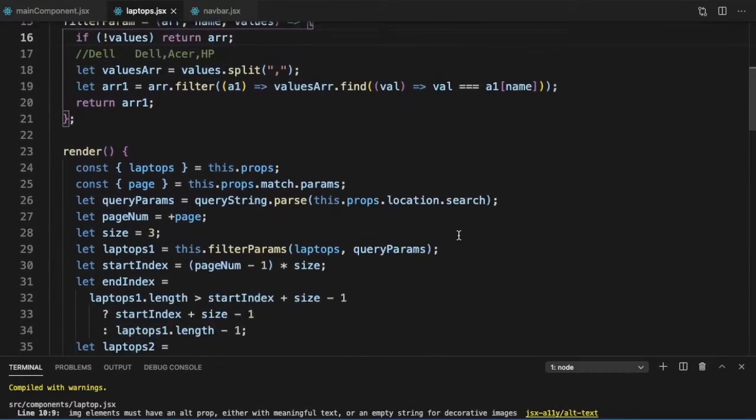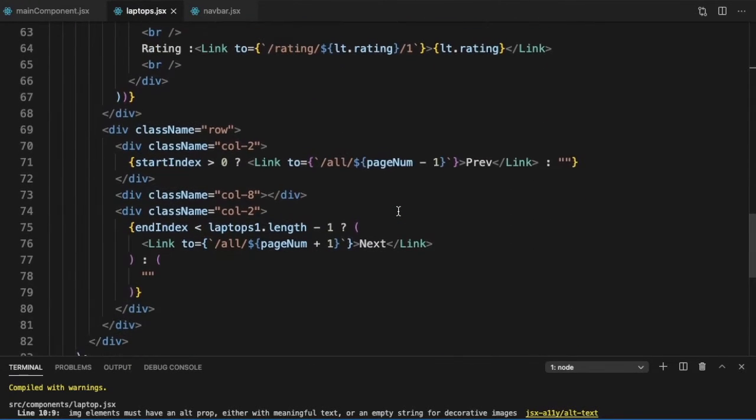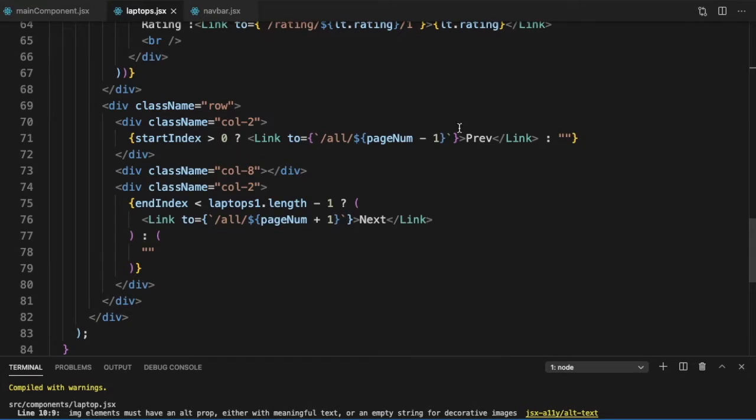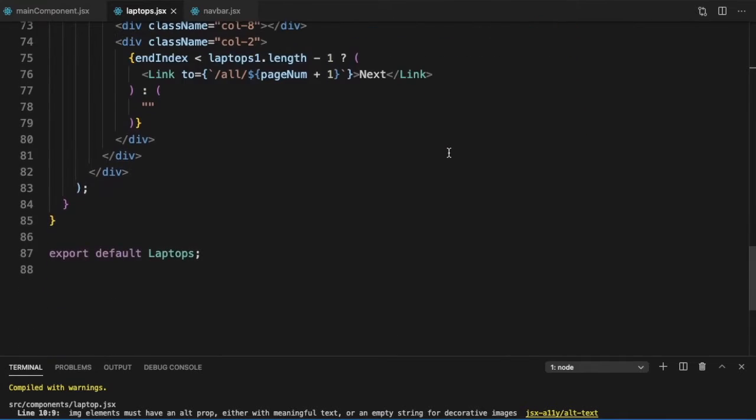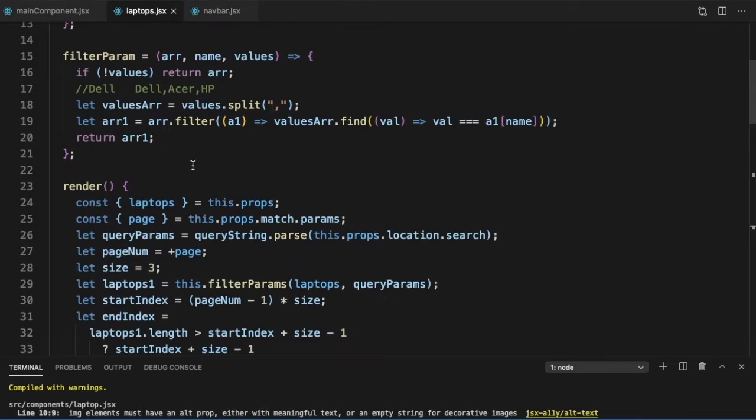What next things we will need to do is when we are clicking on the next page. So here when we are clicking on the next page, we need to define the links properly. So the link will need to have the proper search string with it, which is what we have not defined. So we need to do that next.